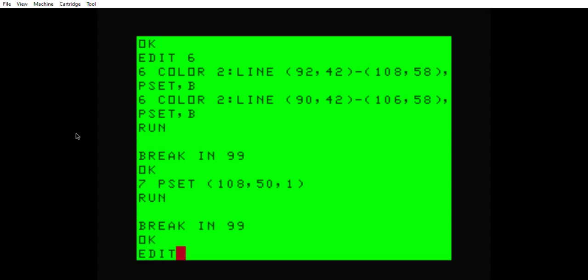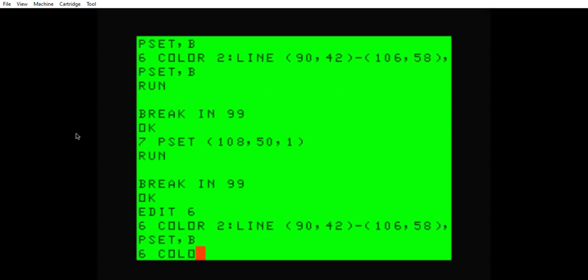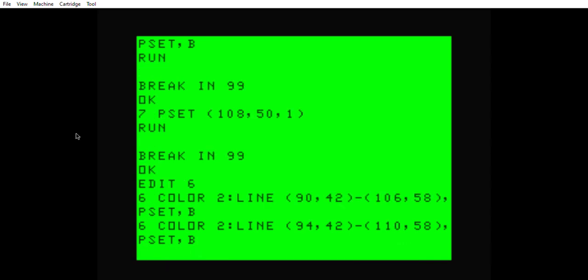The other thing is we're going to have to push it this way 2 pixels to make it line up. So we edit 6 again, and 2 over would be 94 because we count by 2's, and this would become 110. Let's run this. Okay, so this is the area that we're actually going to get,